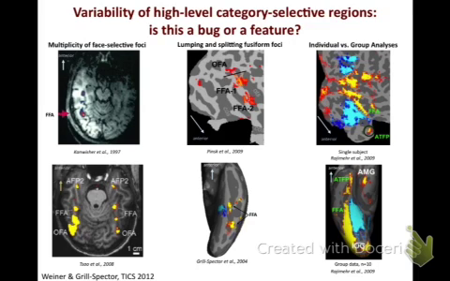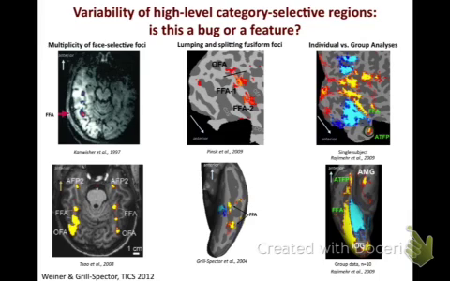And this variability is further exacerbated when different groups do different kinds of processing. For example, if they spatially smooth the data, suddenly the FFA is this humongous thing, and then if they do a group analysis, basically half the temporal lobe is the FFA and the other half of the temporal lobe is the PPA. So there are a couple of problems. One is that if you look across the literature, even though the FFA is described as a module for processing faces in the fusiform gyrus, the way it appears across the literature is very, very variable. In fact, in a paper by Rainer Goebel and Martin Frost, they claim